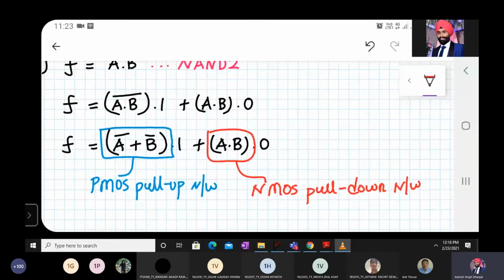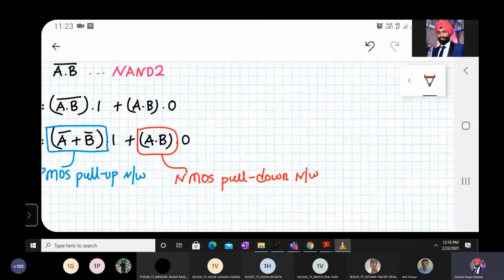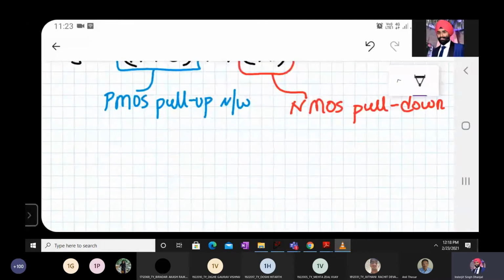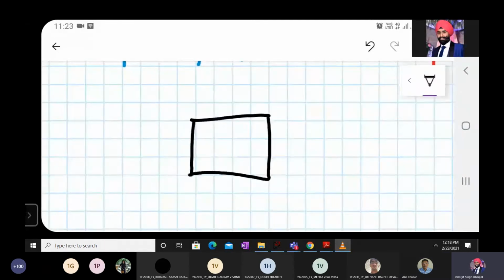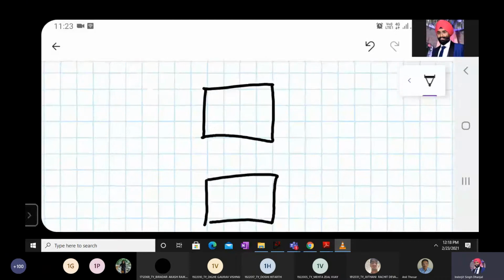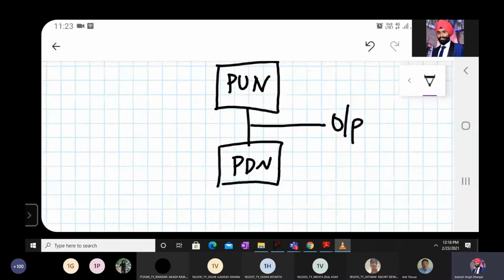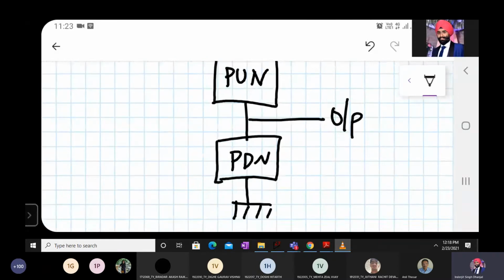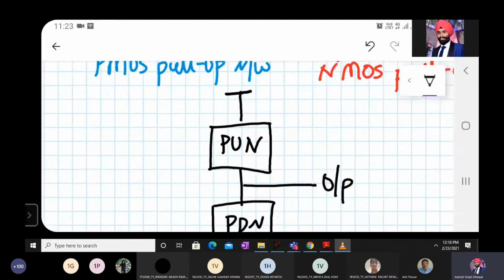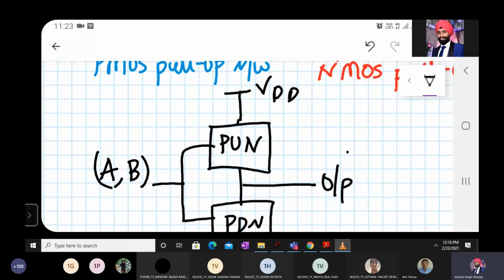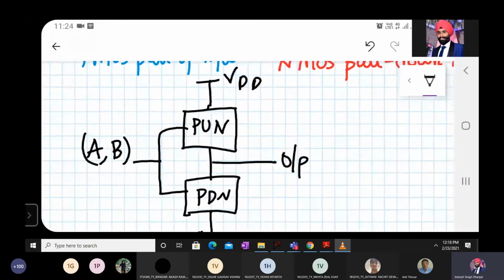So first of all, let us start with the pull-down network. We know the general structure for a static CMOS logic. So I'm quickly drawing that. So this is my pull-up network. This is my pull-down. Let me write it over here. This is pull-up. This is pull-down. Here we have the output. Here we have the ground connected to the pull-down network, and this is the pull-up network. And these are my inputs, right? If the inputs are A and B, it will be A and B. Fine. And my output is basically over here. Here it will be a NAND gate.